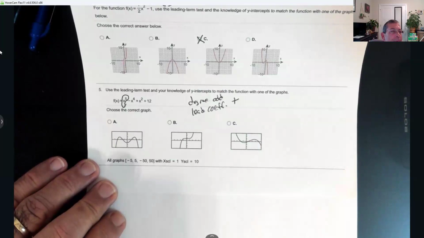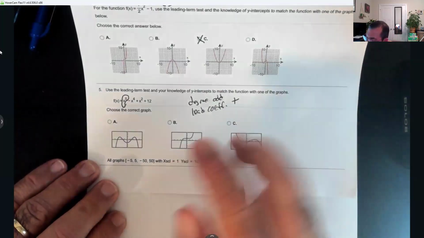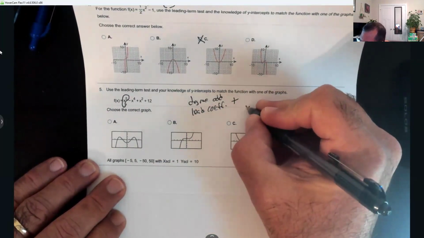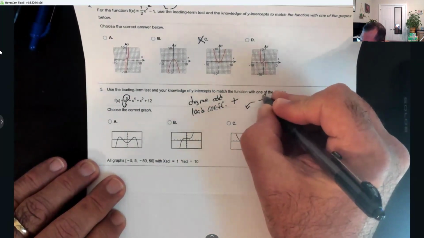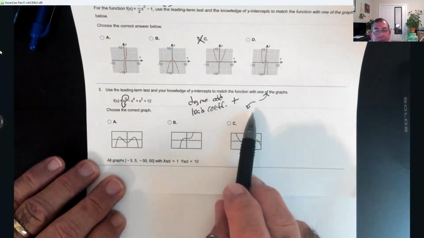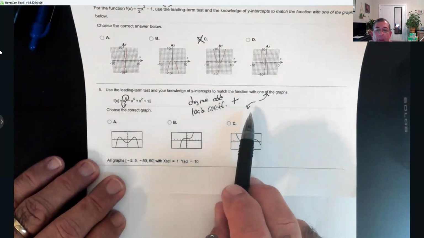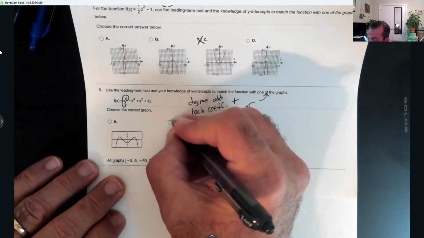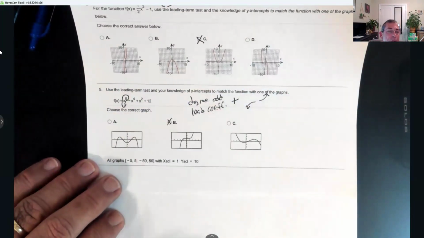I see something popping up. B, good job, because remember, if it's odd and positive, it's going to go uphill, left to right. Okay, so the only one doing that would be B for sure. Now, y'all, I'm going to show you how to